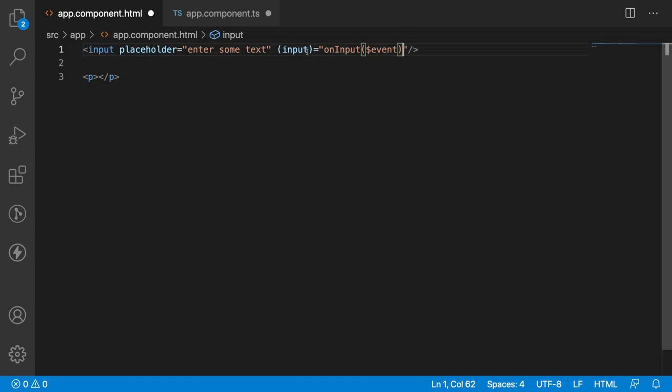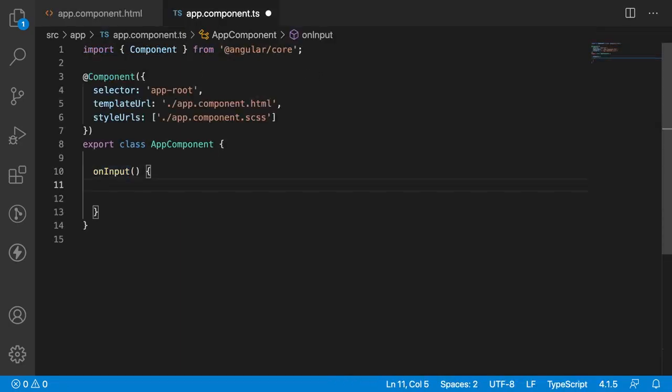So whenever the user inputs something in this input field, onInput will be called. Let me save this and go to onInput and capture the event whatever we are getting. Let me use any, and let me print that particular event, console.log of event. So this is the event which I am printing.